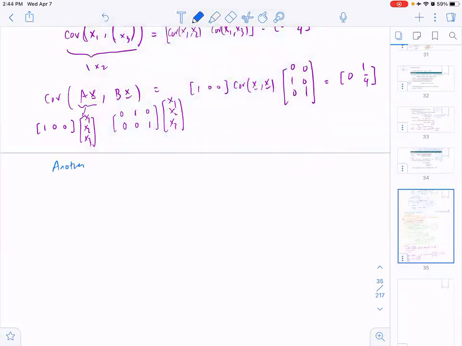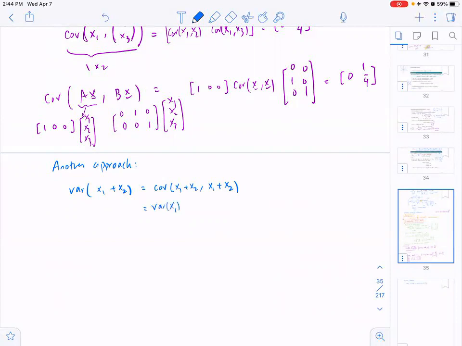Another approach. So what is the general formula for the variance of x1 plus x2? Covariance of x1 plus x2, comma x1 plus x2. Okay, good. That's true. So this is using the covariance operator. The variance of a variable is the covariance of that variable with itself. And it's going to be variance x1